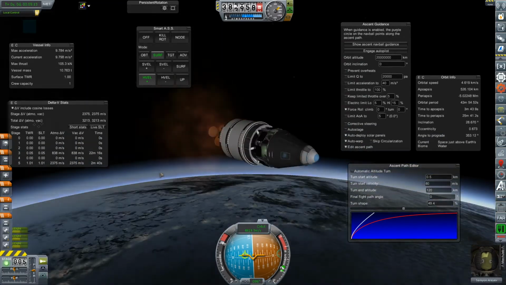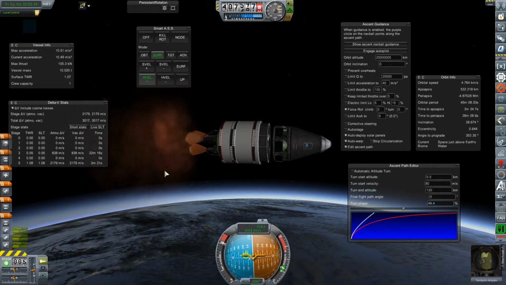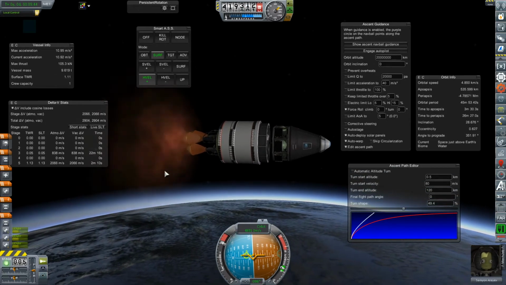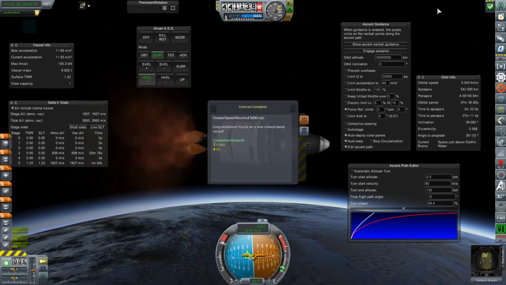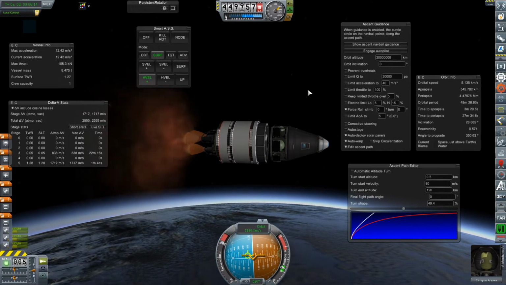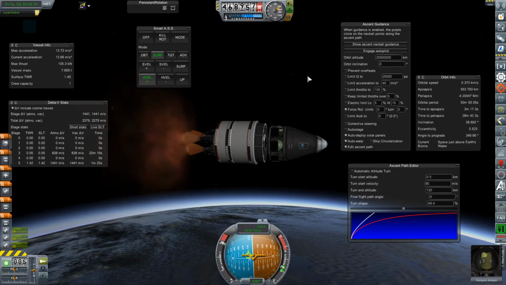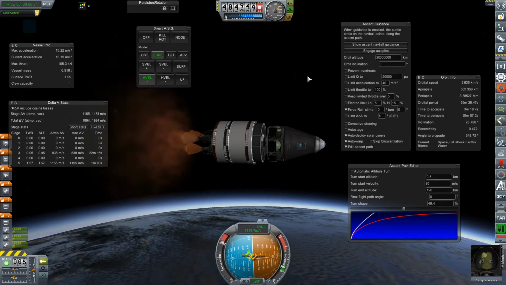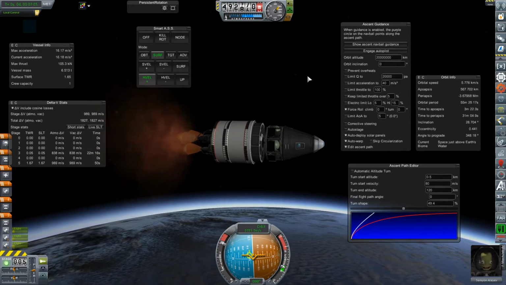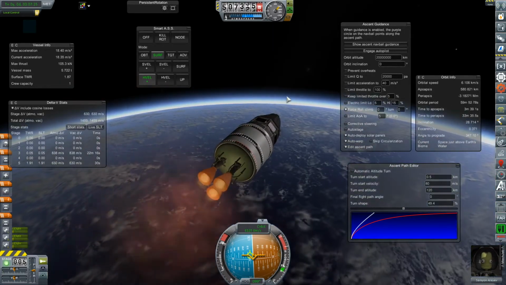So now our apoapsis is over 500 kilometers. And if we look, we're about to pass 5,000 meters per second right now, and we have another 2.7 kilometers per second left. So that only gets us up to 7.7 kilometers a second. So I don't think that's going to be enough to go orbital velocity. In addition, 800 meters per second of that is going to be in this last stage, which says it burns